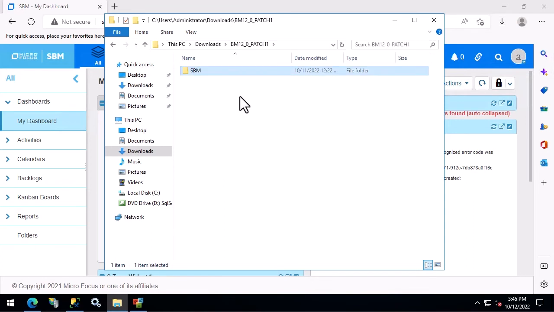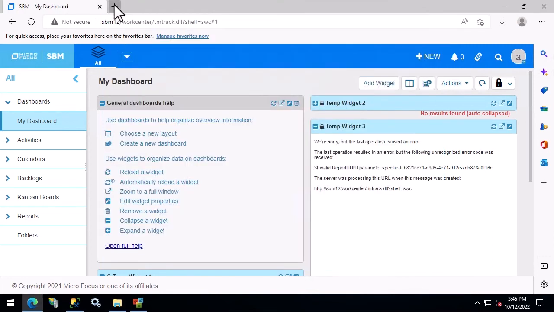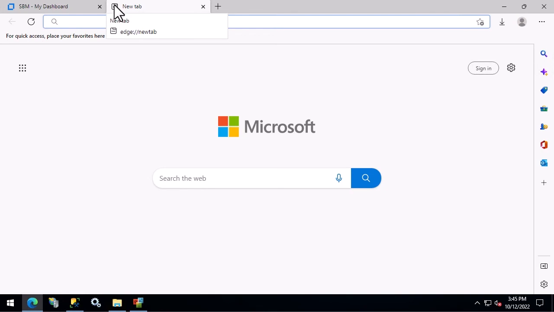In this patch, I do not see any installation directions. Some of the patches will have the installation directions directly here inside of the patch, and other ones don't. This one does not, so I'd like to show you how to find the instructions. What we're going to do is jump back over to our browser,